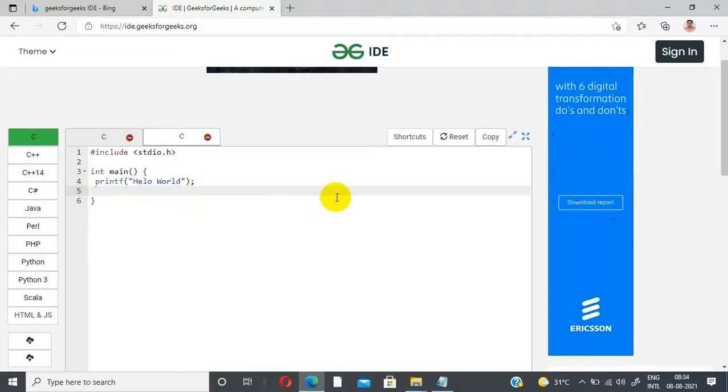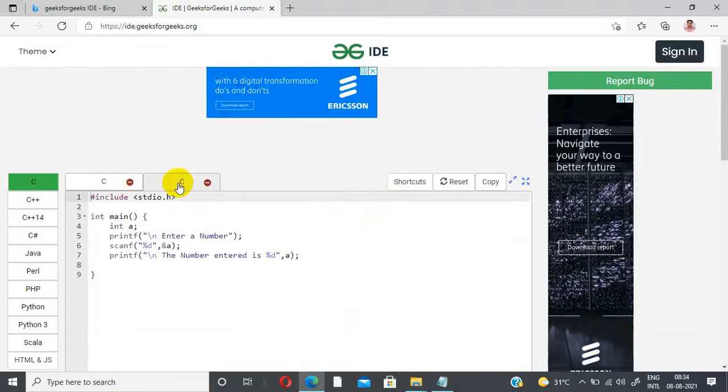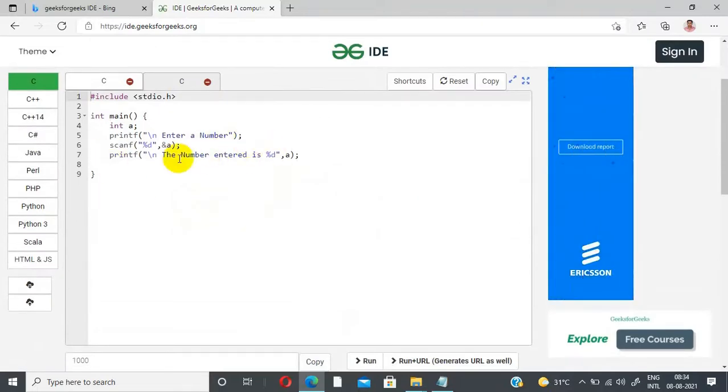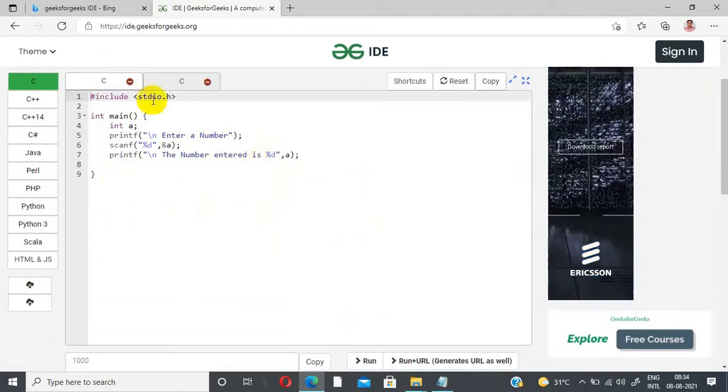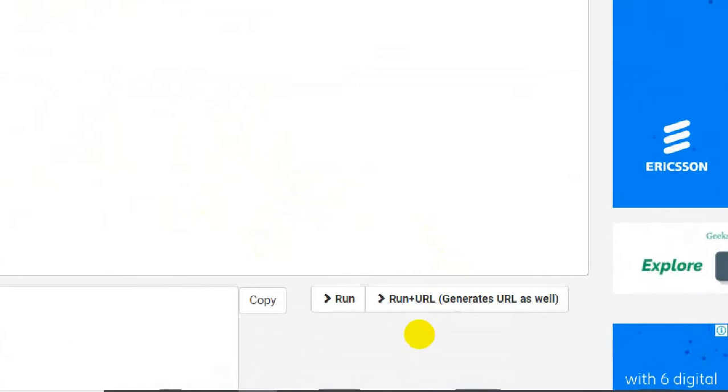For example, taking the second program, I want to run the program and share it as a URL with my friend. The environment, including the program, I want to share as a URL. We have to select the option run plus URL, which generates the URL as well.